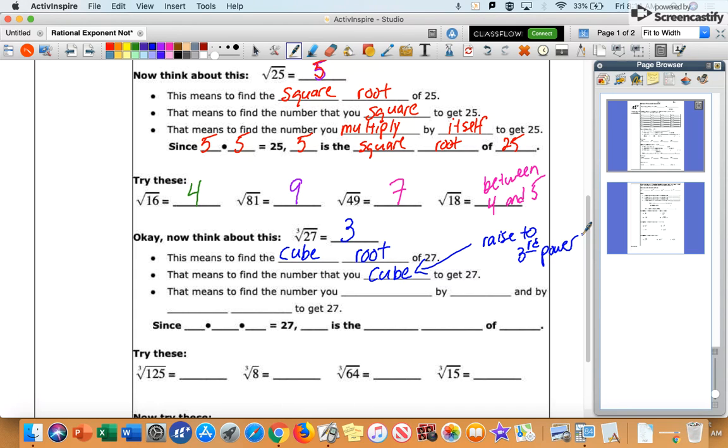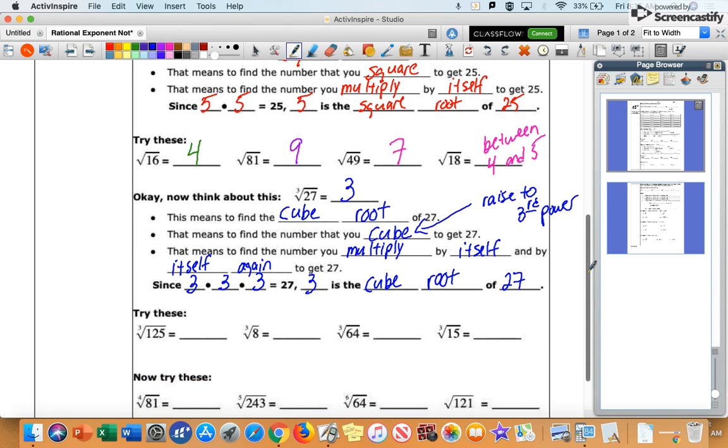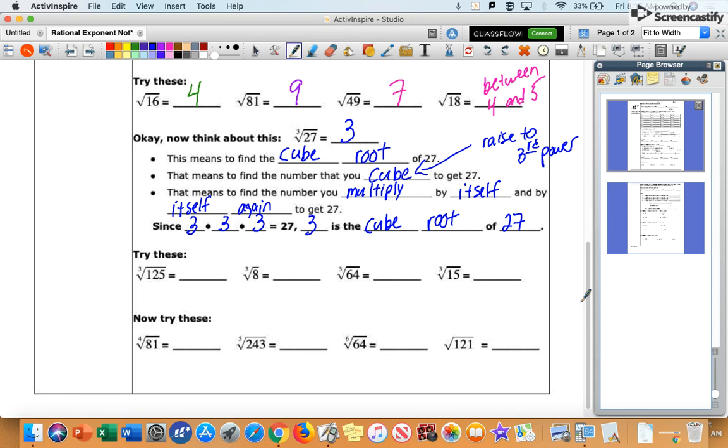And that means what number do you multiply by itself, and by itself again. So in other words, 3 times to get 27. So 3 times 3 times 3, 3 times itself 3 times is 27. So 3 is the cube root of 27. Okay, so I want you to think about these for just a